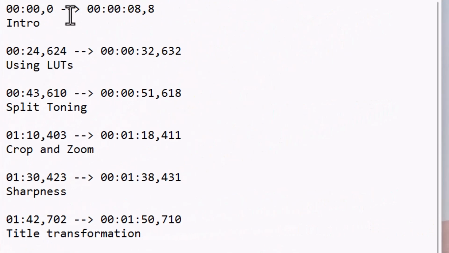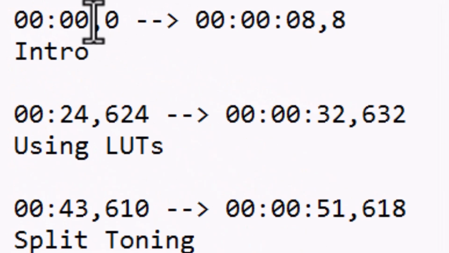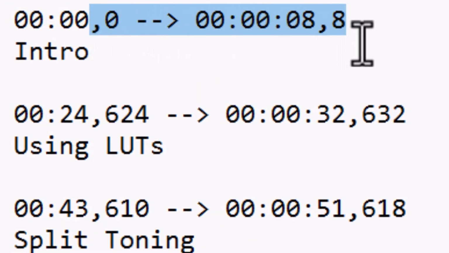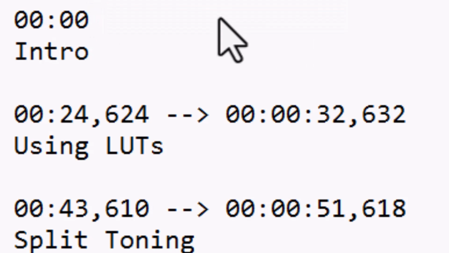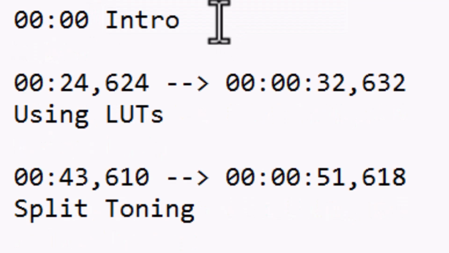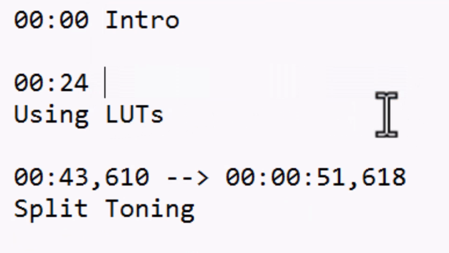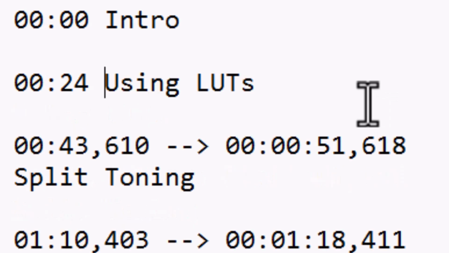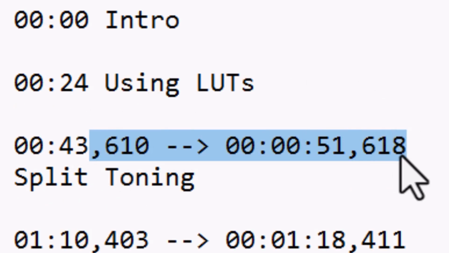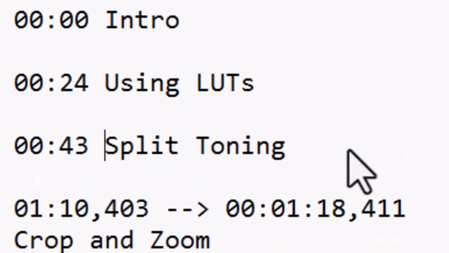The next thing I want to do is I want to take out everything from the comma to the right. So I highlight, I go left, and I drag to the last number, and instead of pressing delete, I'm going to press space bar, then I press delete, and that will move the word intro up. So I click from the comma to the end, press space bar when that's highlighted, then press my delete key, and that is a very simple way of moving all that up. Space bar, delete,